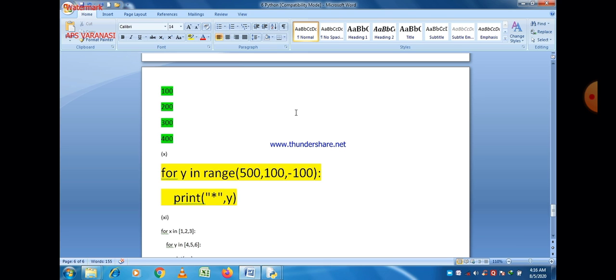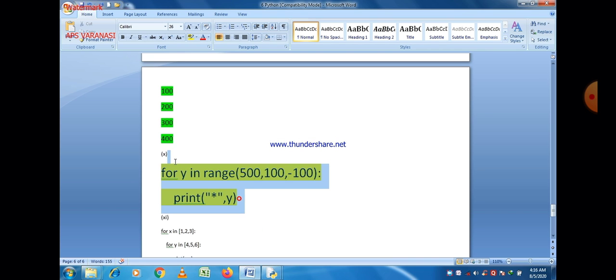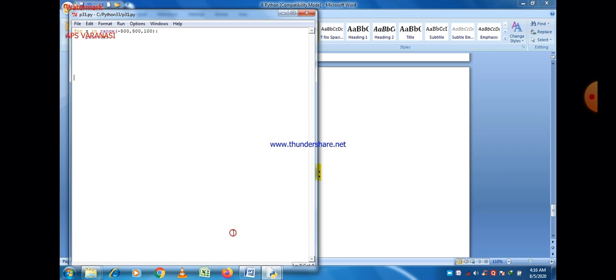Let us check it. What is the output? Is our output according to our expectation or not? I think it is a very simple program, the only difference is that a string or character will also be printed as a star here with the variable name. So let us see what is the output of this program.